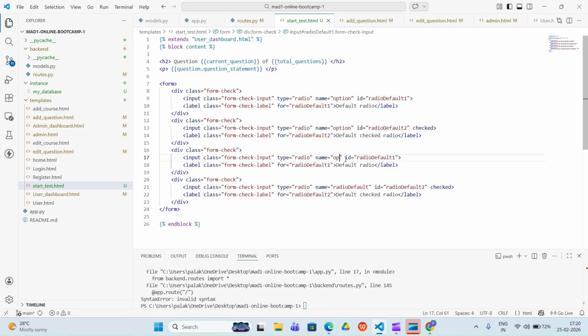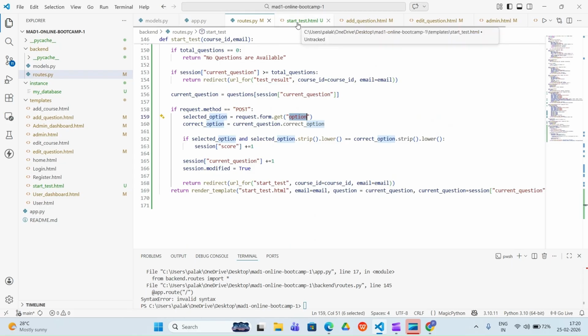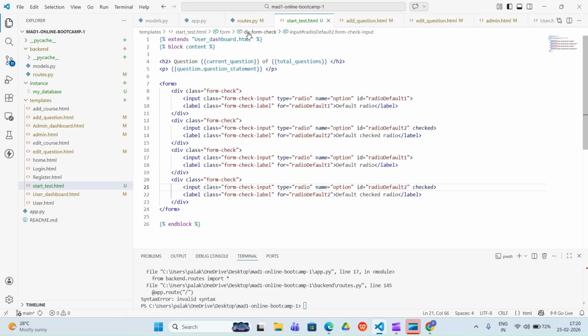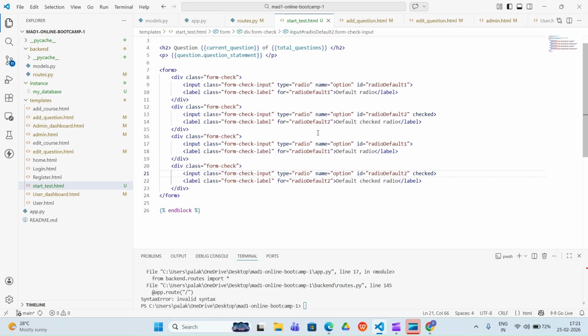So that all the options given here will be connected to routes.py. Whichever option the user selects, either of the four, will come into the selected option. Then we have the correct option, and we will match whether the selected option equals the correct option or not. If it is the correct option, then we will award the score. So that is what we are doing here.